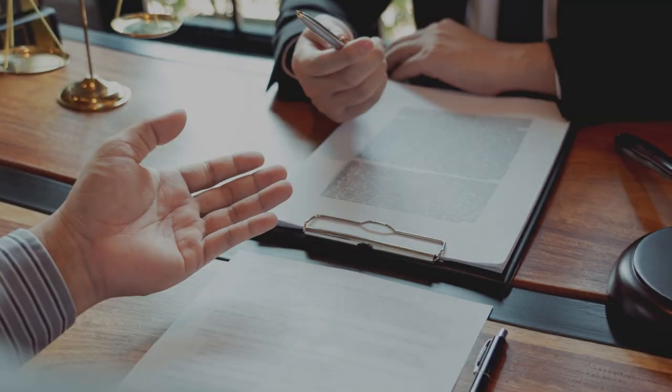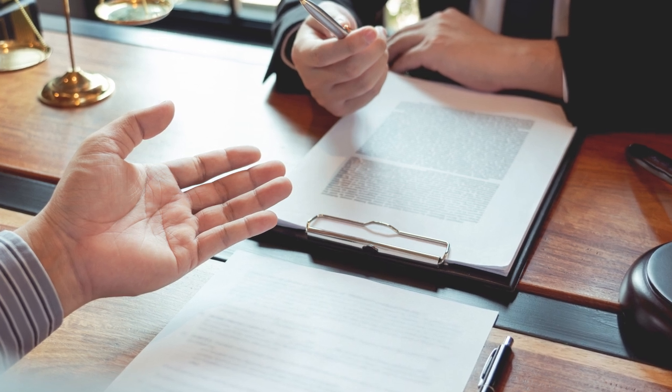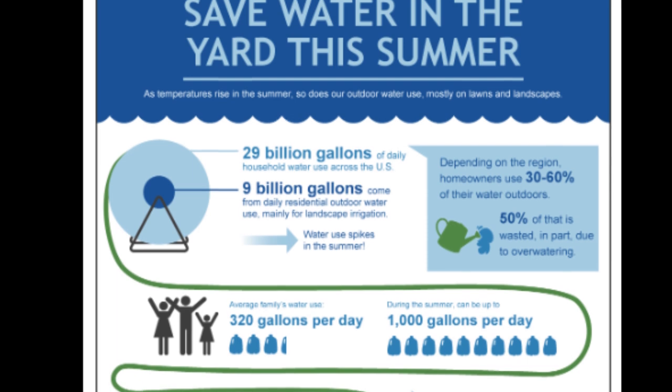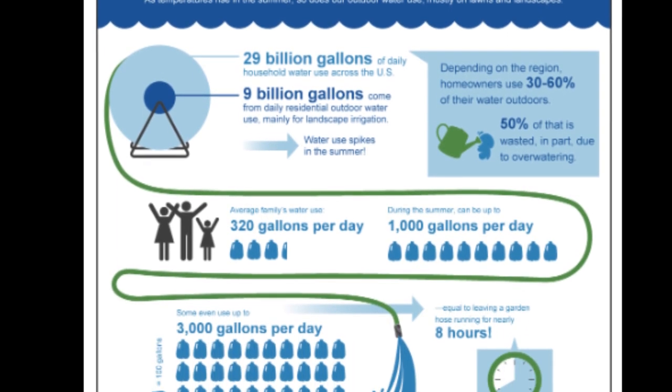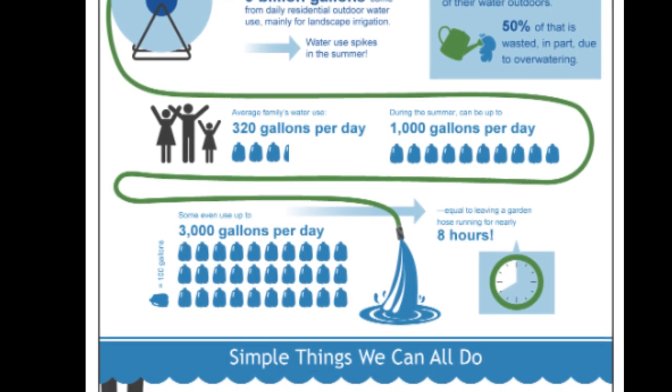Now that we've identified these people we want to talk to, how do we reach them? So that's another key thing, right? Each group is going to need a little something different. And while a white paper might be really useful for sharing findings with legislators that you hope to influence as they're developing a policy, a blog or an infographic might be a lot more effective if you're trying to just get your neighbors to consider composting, let's say, instead of throwing away food waste, or maybe you're trying to get them to water their lawn less. Again, it's really important. Different audiences will require different means of communication.